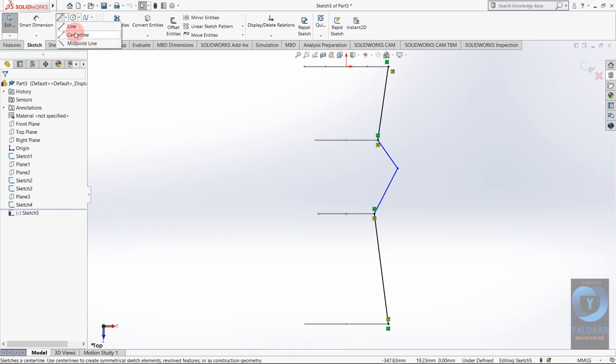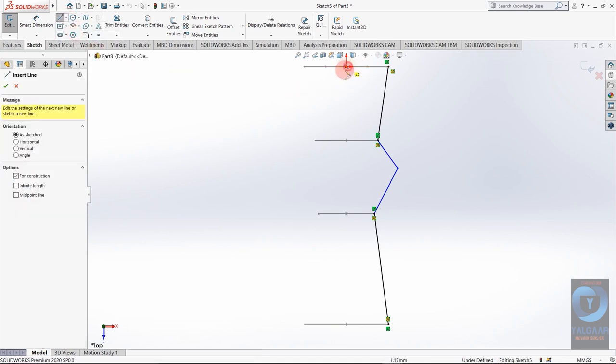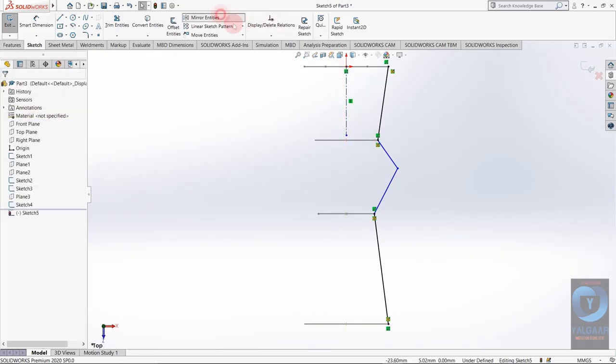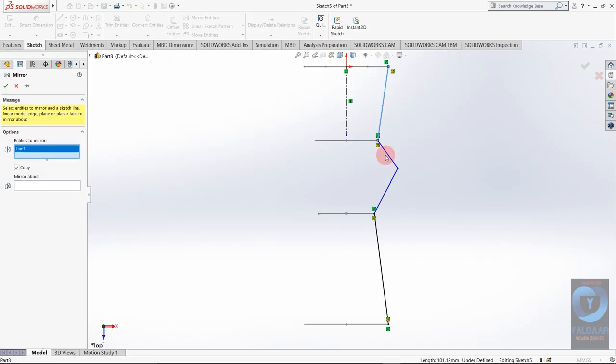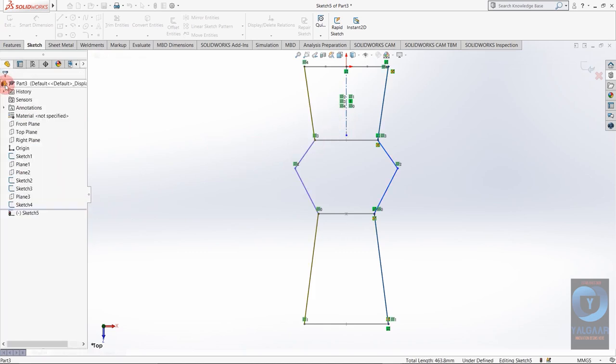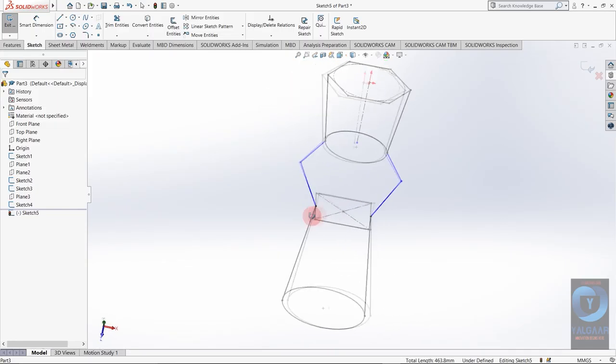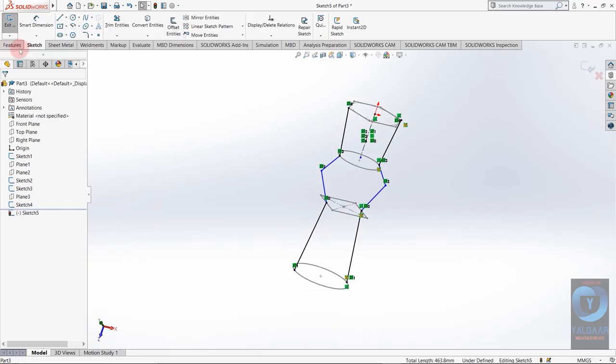So I'm going to sketch now a center line around which I'm going to mirror this geometry. Mirror about axis. As you can see, pierce command is also mirrored. So exit.